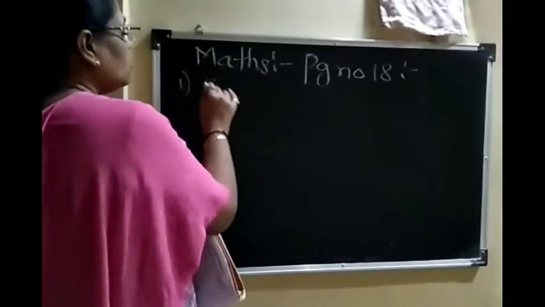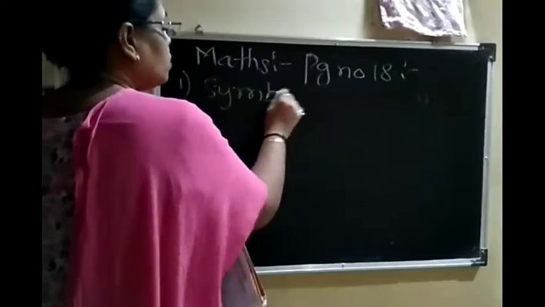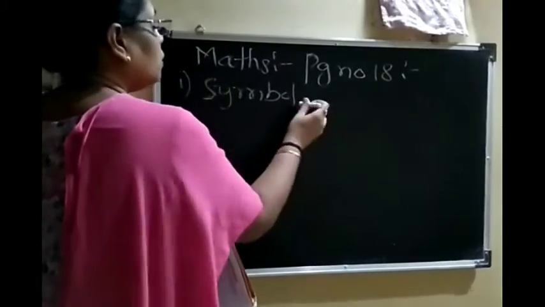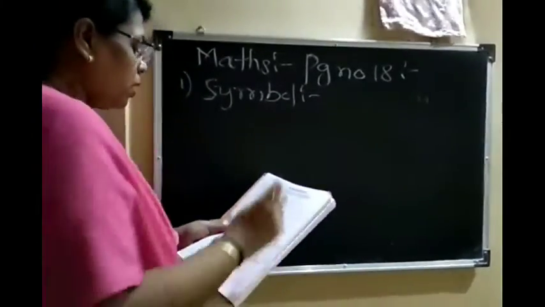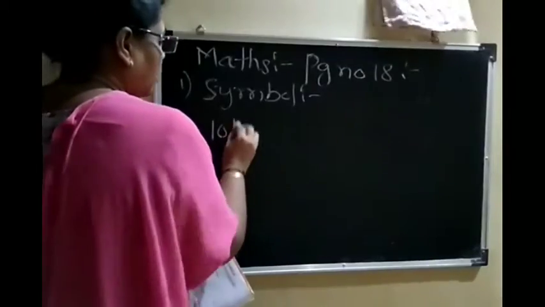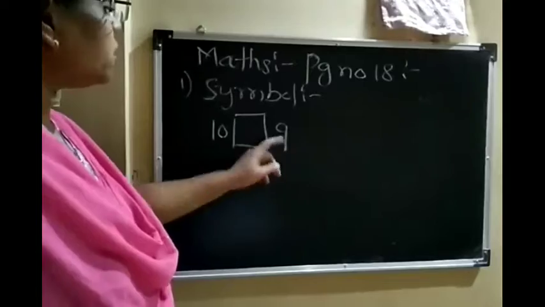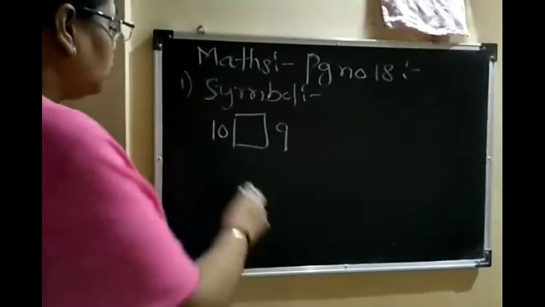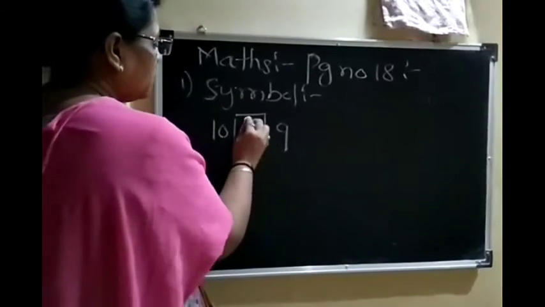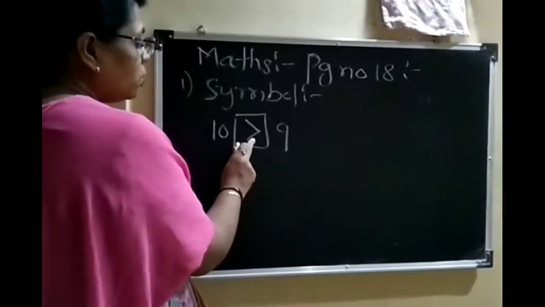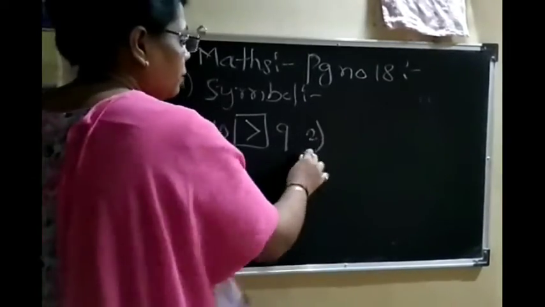So we have to see which is the correct symbol that we have to write. Now here 10 and here 9 is given. Just see which is the bigger figure. 10 is bigger than 9. So we have to write this symbol. Similarly,